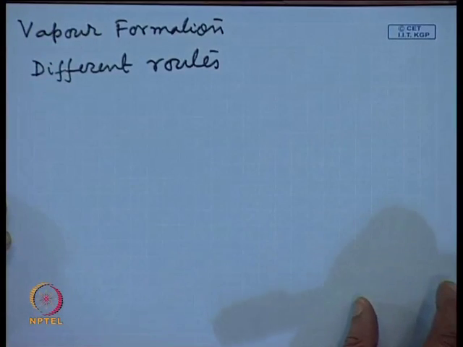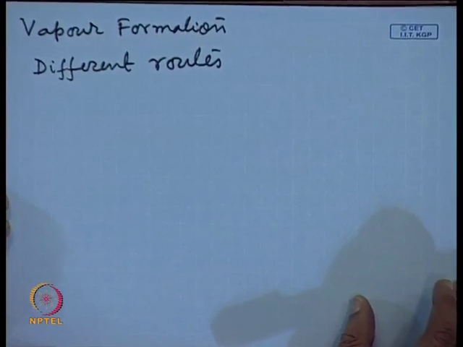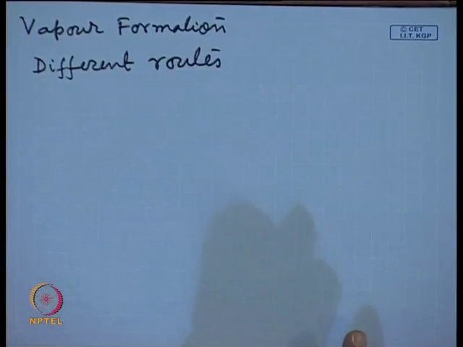Basically, for vapor formation what is needed is that there is a deviation from the equilibrium. So, vapor formation takes place from the liquid phase, vapor forms if there is a deviation from the equilibrium, and